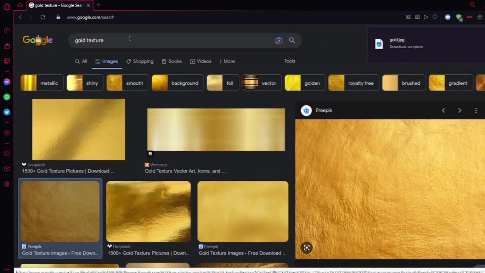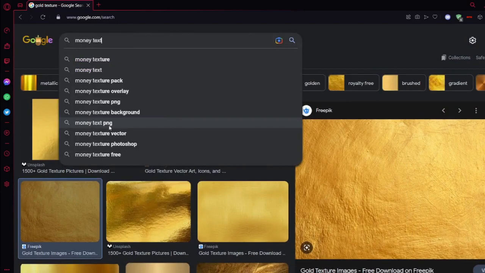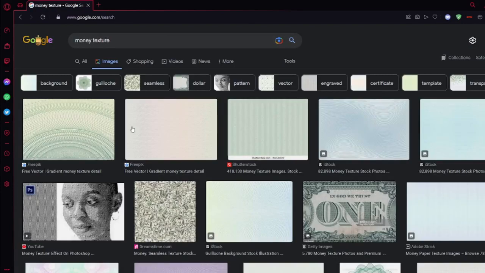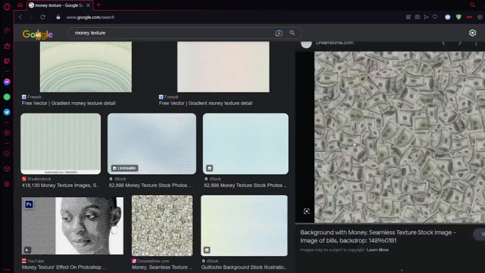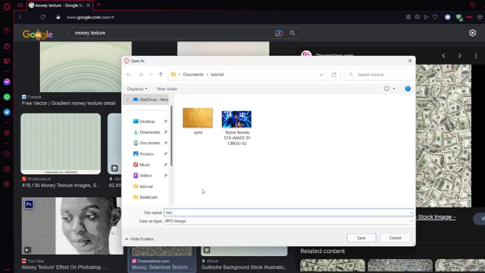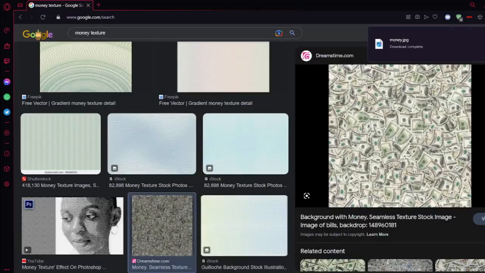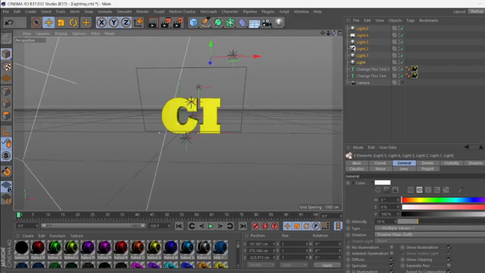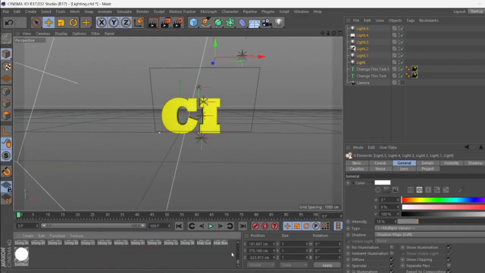Once you save it, like another one right here, money texture. I'm gonna use two different ones. You can use two different textures if you want. Let's go with this one. This one doesn't look that good, but screw it. Money. Once you save it, go back into Cinema 4D, and to import a different texture, you're gonna want to